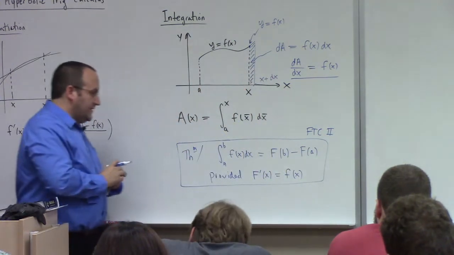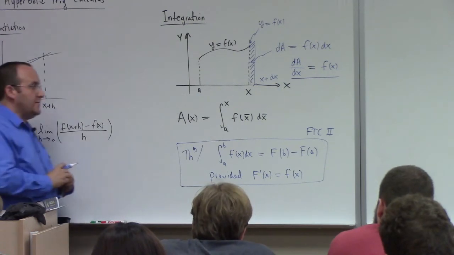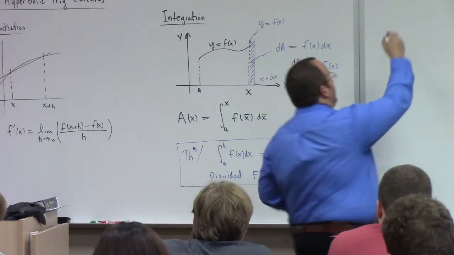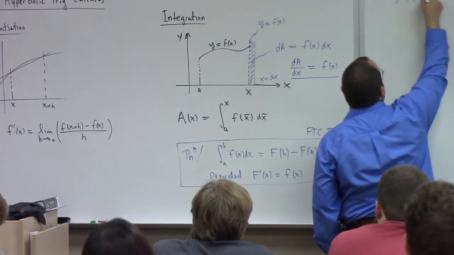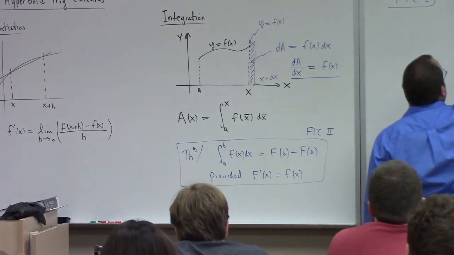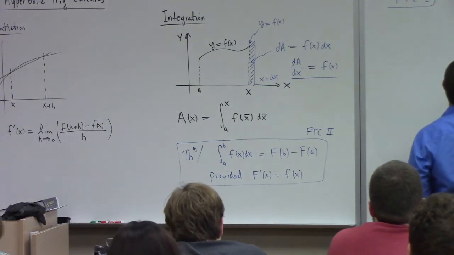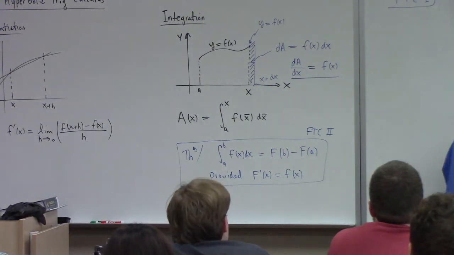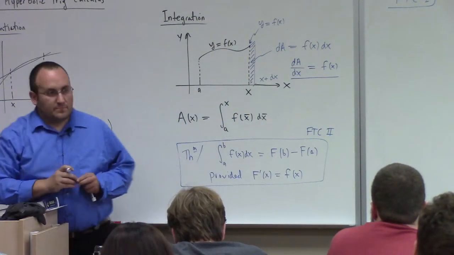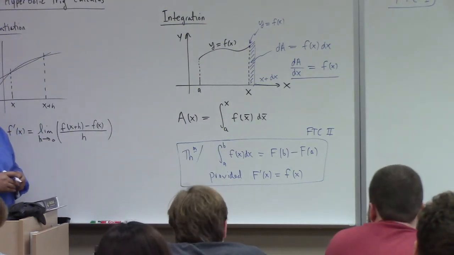If I teach Calculus 1, I'll spend about 2 days proving this carefully, right? Fundamental Theorem of Calculus Part 1, I gave you a cheat proof of up here. What's that say? FTC1 says that the derivative of the area function is just equal to the function evaluated at the variable bound. That's a sketch of the proof of FTC1. It's not an actual proof, but